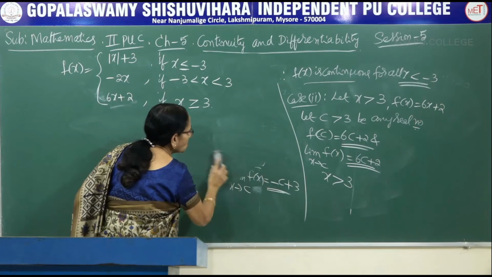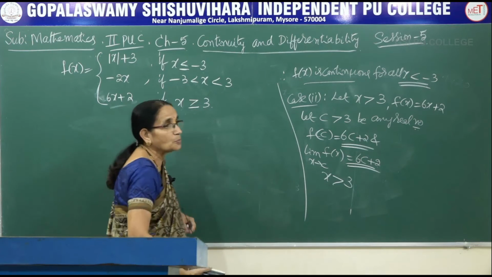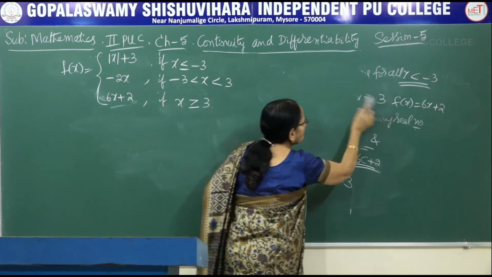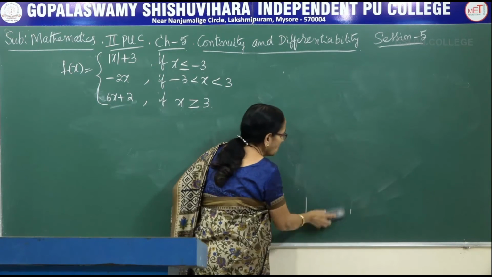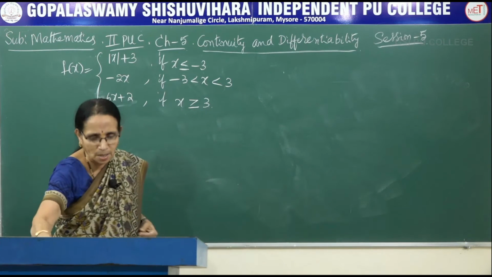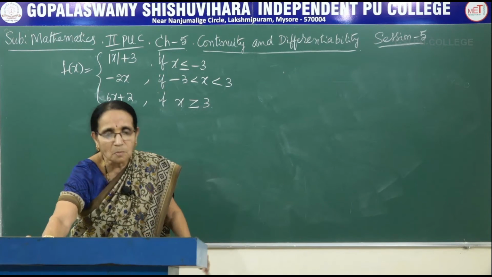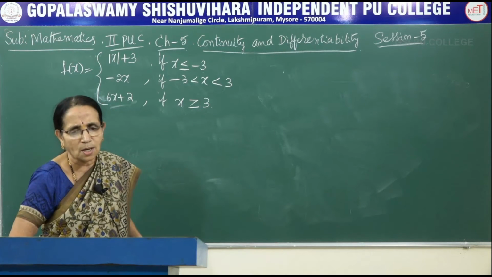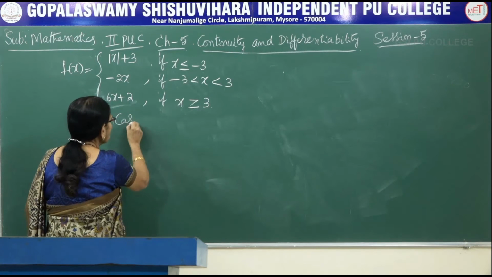So what is remaining now? Now two exact points have been left out. So we will be considering two more cases, at exactly equal to 3 and exactly equal to minus 3. So one by one we will consider. Now let me take the point x is equal to minus 3. At x is equal to minus 3, or x is equal to plus 3, any one point you can consider. Now let me take the third case, case 3.